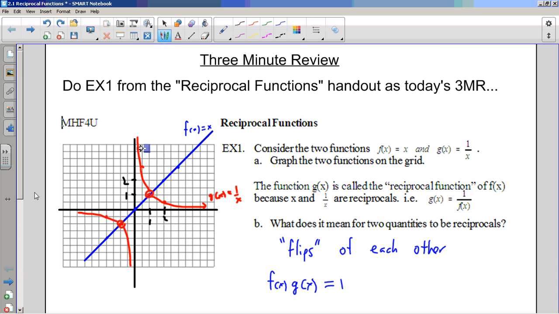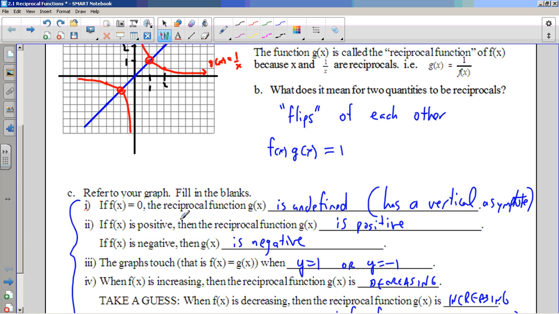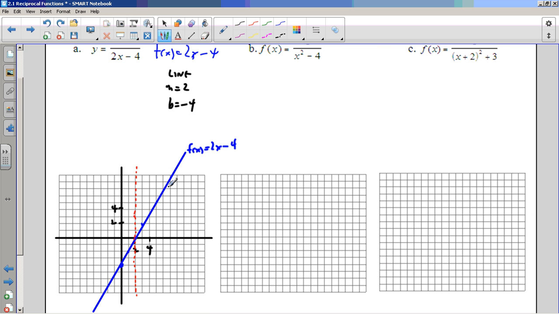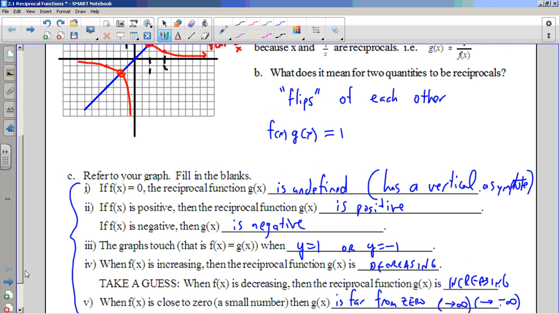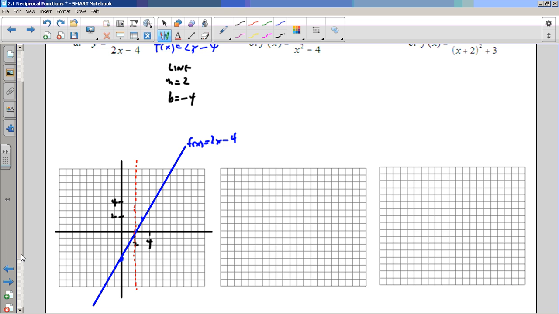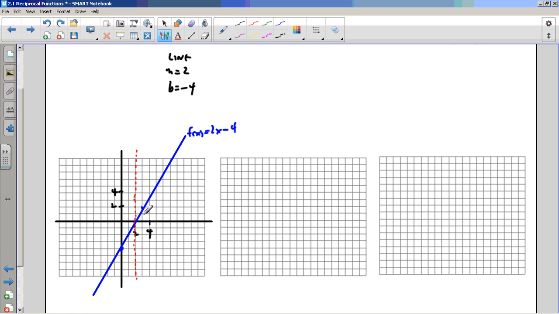Dandy, what's the next thing? Next thing on the recipe is, if f at x is positive, then the reciprocal function is positive, and same thing for negative. So where the blue one's positive, the red one's going to be positive here and negative down here. You can almost picture what it's going to look like, right? Well, let's keep following the recipe. The graphs touch when y equals 1 or y equals -1. So where y equals 1, I'm going to have a red point. I'm going to put a big fat dot there at -1 too,